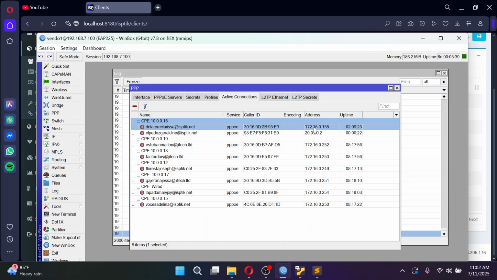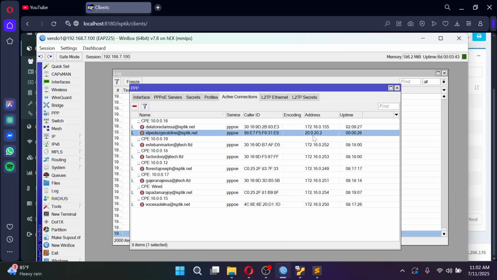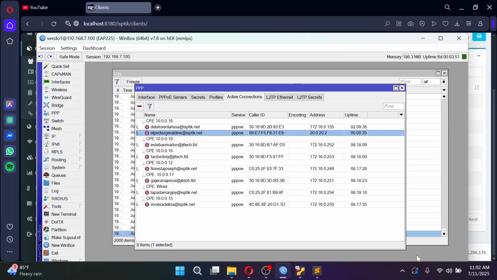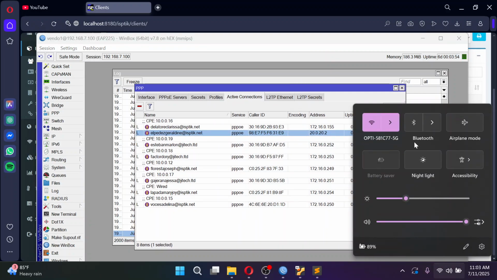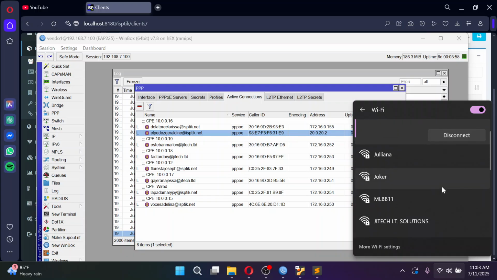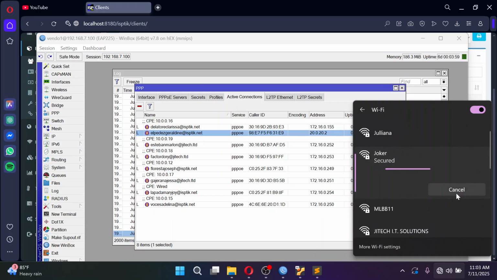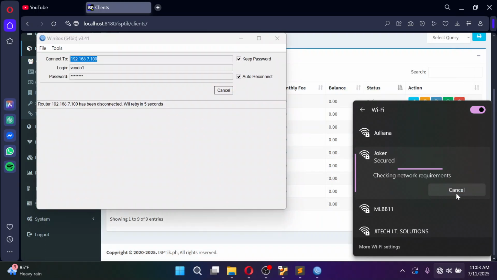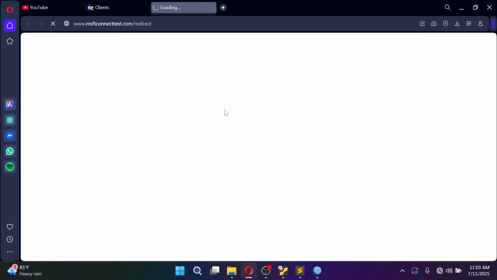So the standard PPP pool is 172, and then our disconnected is now here 20.0. Okay. So let's check. So actually we have it here. The modem is actually this one for demonstration purposes. Okay.